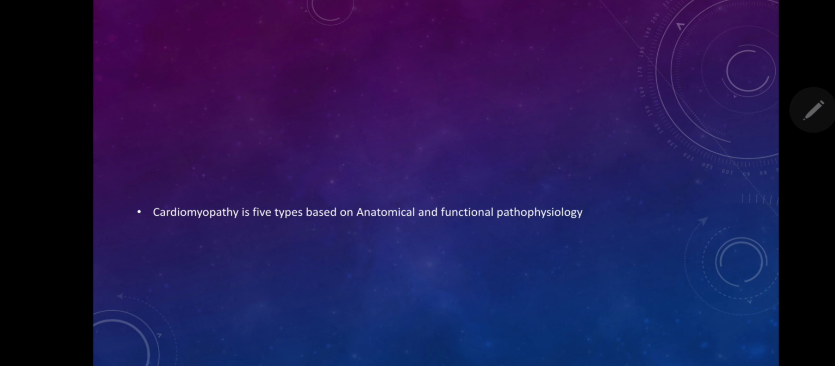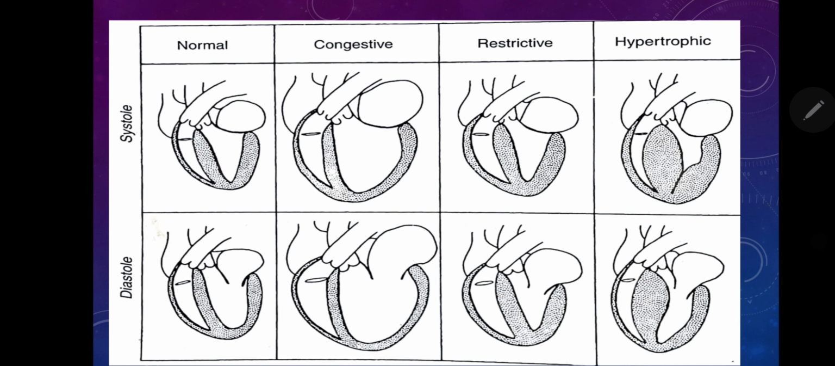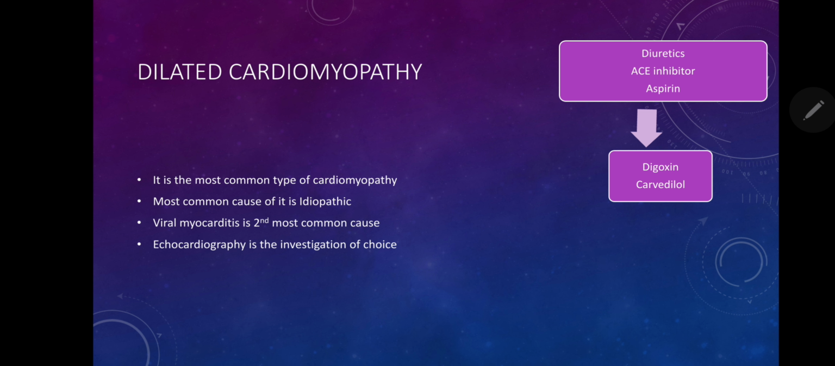So what are the different types of cardiomyopathy? Based on anatomical and functional pathophysiology, cardiomyopathy is divided into 5 types. Coming to the first type, dilated cardiomyopathy is the most common type of cardiomyopathy in children, and the most common cause of dilated cardiomyopathy is idiopathic. The second most common cause is viral myocarditis,